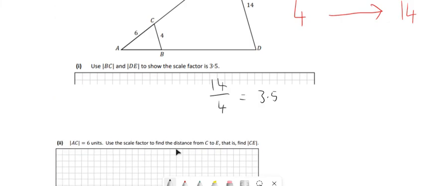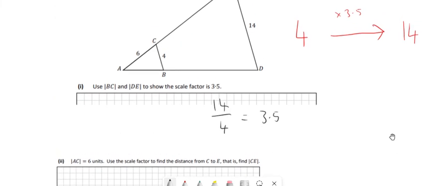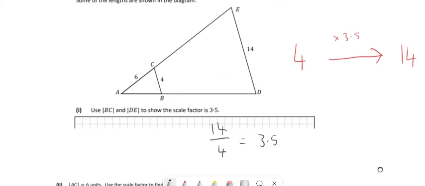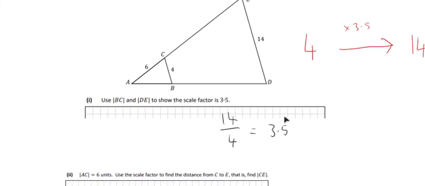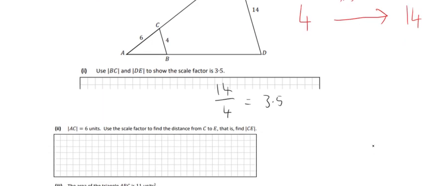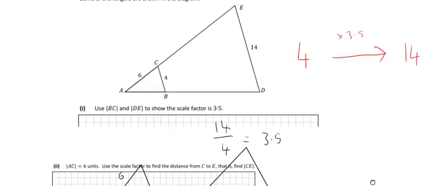Then it says that AC is 6. So use the scale factor to find the distance from C to E. Well, there's one tricky bit in this at the end. If you were to imagine the small triangle there, so just the small triangle, that bit there is 6, like they say. So the big triangle then, or the whole entire shape really,